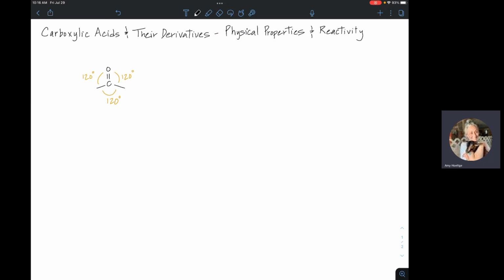So carboxylic acids, esters, and amides, where esters and amides are derivatives of carboxylic acids, for these three I'd like to draw some important contributing resonance structures. In other words, for a carboxylic acid, we would have the rest of the molecule here, the carbonyl functionality, and then this hydroxyl group. If I put in the lone pairs of electrons on the oxygen,